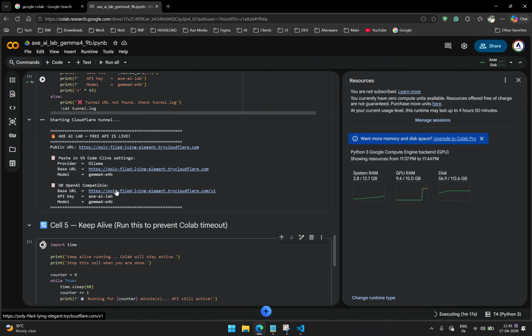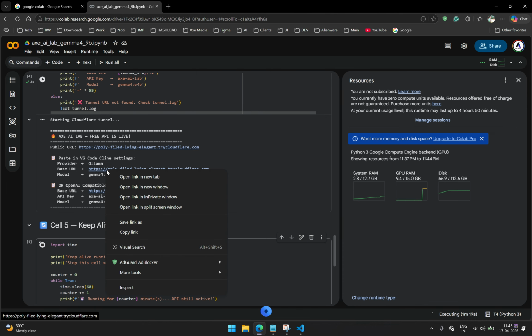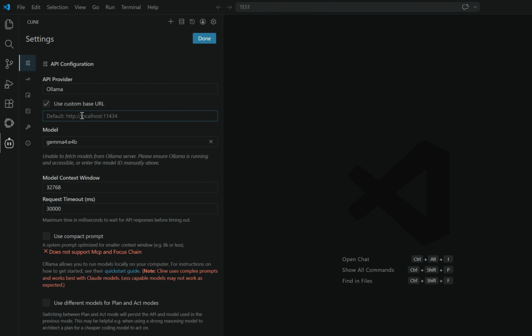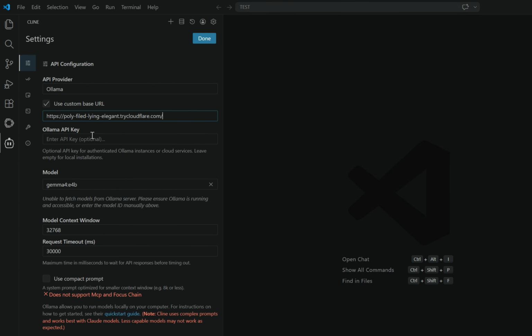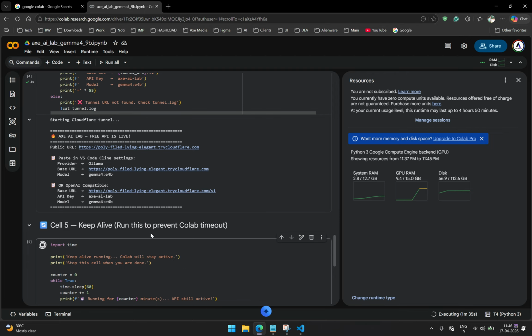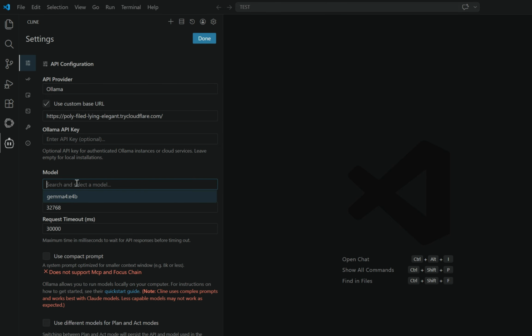So, yeah, this one. See, the first one, that is for the Ollama configuration. Yeah, copy that link and paste it here and put the model name. There's no API key required because this is hosted by yourself. So no key is required. Only the model name is required. So copy the model name and give it in the model name field. That's it. Now click done